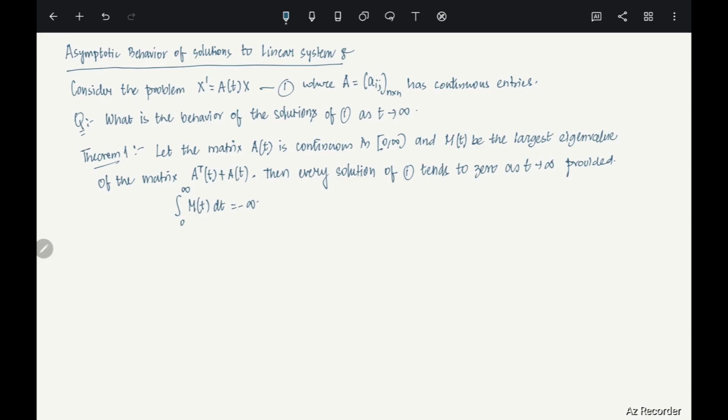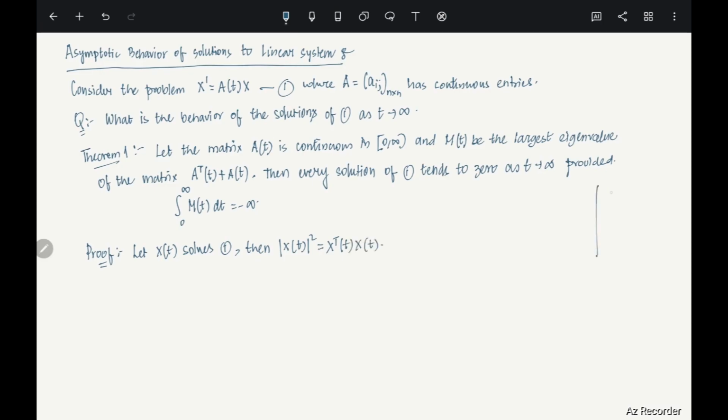Okay, now let's look at it. What is essentially what we are trying to do here. So the proof. So let x of t solve 1, right? Solves 1. Clear? Then the modulus of x of t squared, how can you write it? We can write it as x transpose of t, x of t,